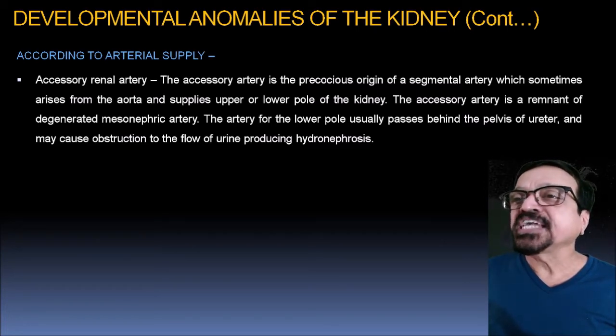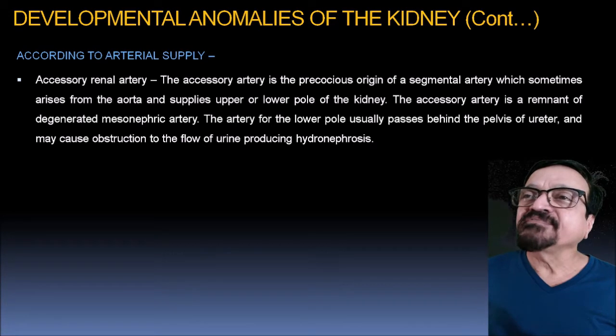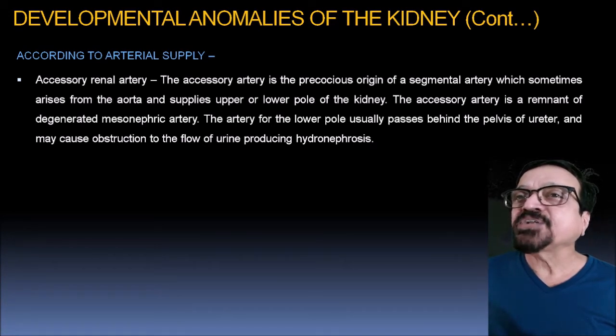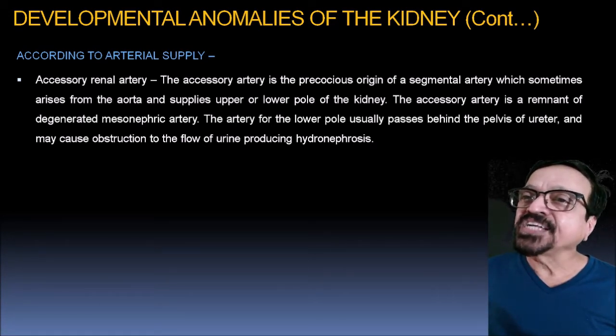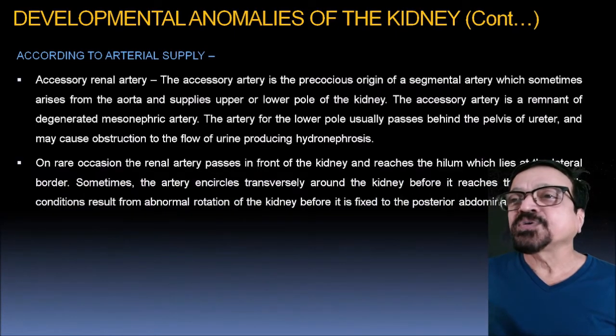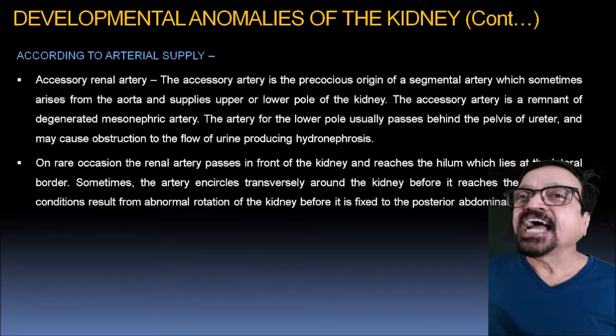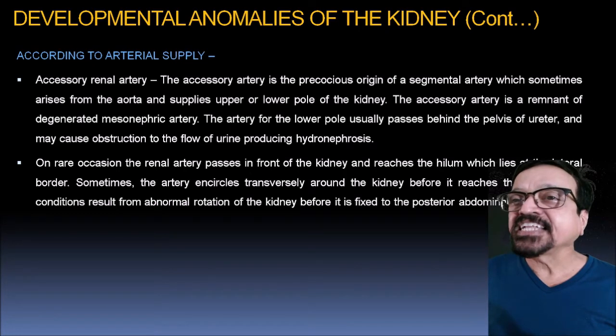producing hydronephrosis. Now, when we are going to have a film reading session on these aberrant renal arteries, how they cause impressions, we are going to see, and it's a fairly common finding, as well as an important finding when we are investigating renal artery stenosis. If there is an accessory renal artery, then we have to be careful before interpreting renal artery stenosis causing hypertension.